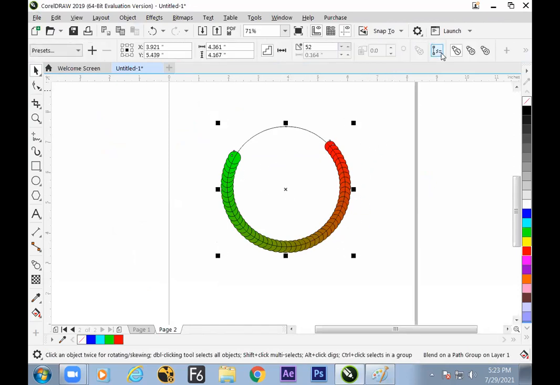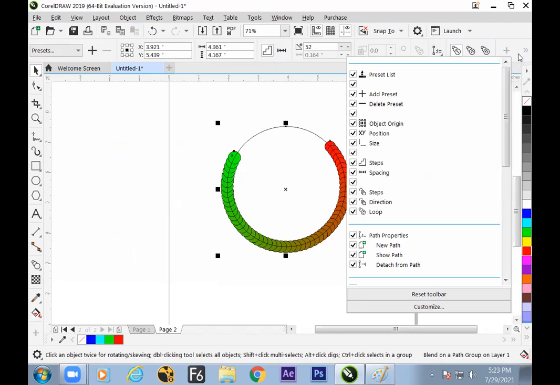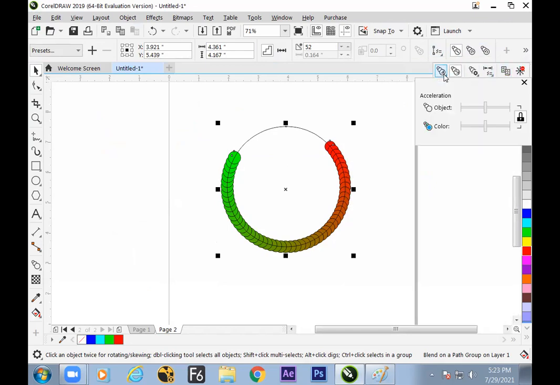Next, the order. We can hide that also, but here the color dynamics, we have seen how the color could be moved. Next, extra options, acceleration. So let us see the acceleration. We can make the object go one-sided, yes, one side, the other side. Hope we have understood how the acceleration is working, and you can get it to go together, even the colors and the objects are moving together.